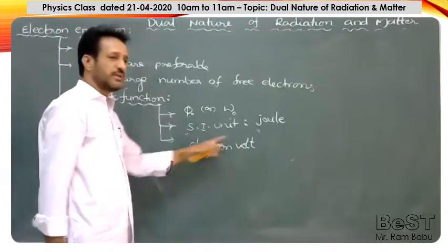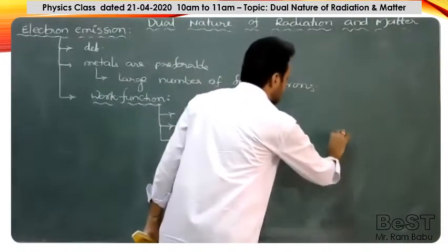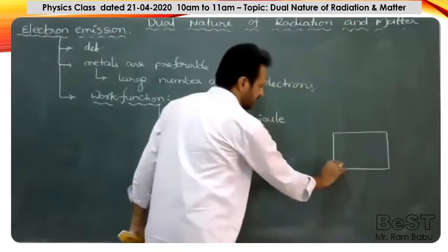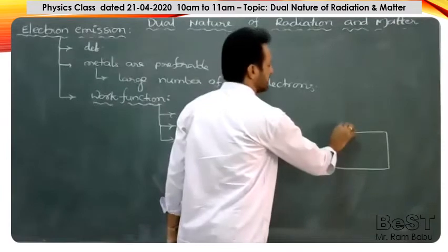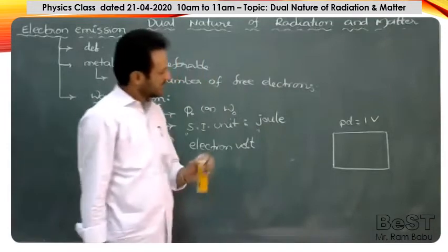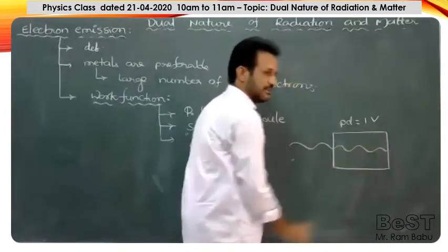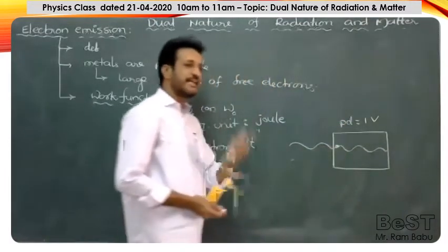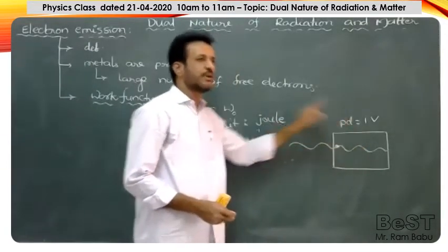But what is electron volt, or what is the value of electron volt, I'll explain here. I am choosing an electrical field like this, with some potential difference. I am maintaining a potential difference of 1 volt. One electron enters into the electrical field. While the electron is moving through this potential difference of 1 volt, the electron may gain some kinetic energy. That energy can be called 1 electron volt.